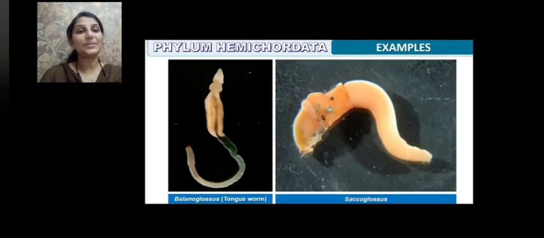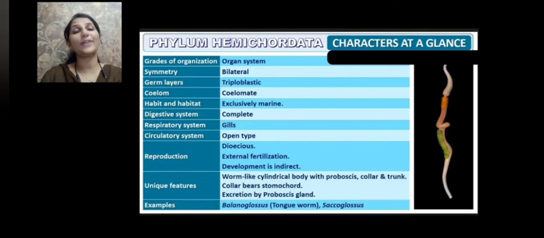And examples are balanoglossus and saccoglossus, which are examples of phylum Hemichordata. So they are worm-like, they have a cylindrical body, and initially they were placed as a subphylum under phylum Chordata, and now they are being taken out of the subphylum of Chordata and placed under a separate phylum called Hemichordata. And about their characteristics at a glance: they have organ system level of organization, they are bilaterally symmetrical,